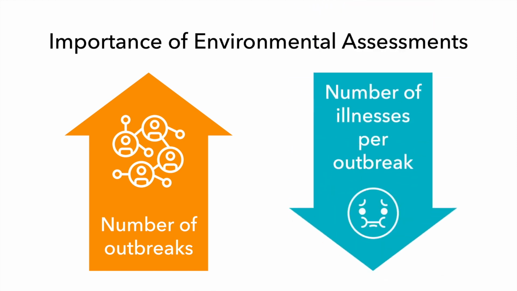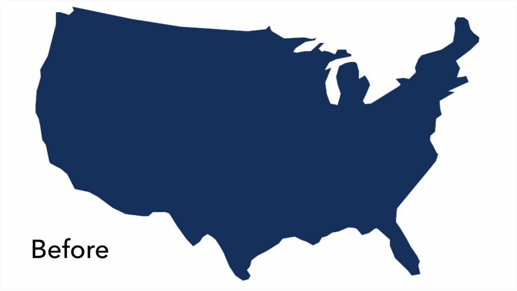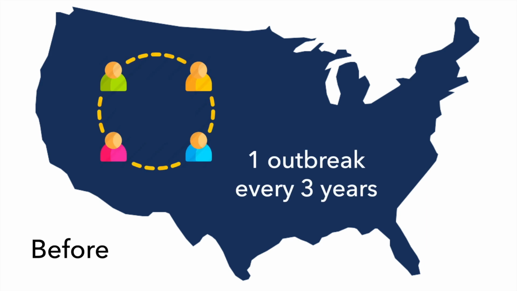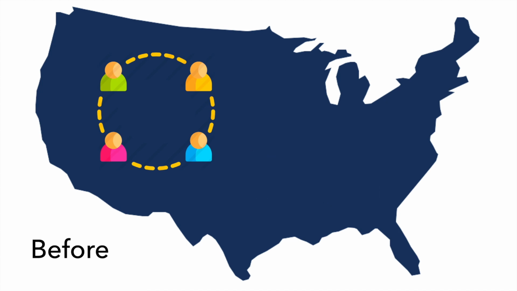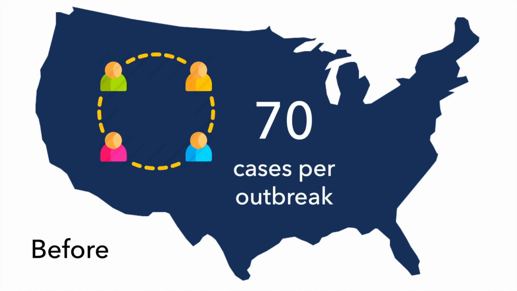Let's look at this phenomenon in the context of listeria outbreaks. Before pulsed field gel electrophoresis and whole genome sequencing, approximately one outbreak occurred every 3 years, with an average size of 70 cases of illness per outbreak. Because there were so many cases, more patients were available to be interviewed, allowing for more data. The food common to these patients could be identified, and the potential source of the outbreak could be investigated.